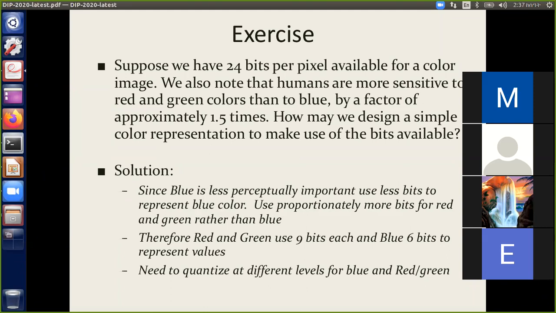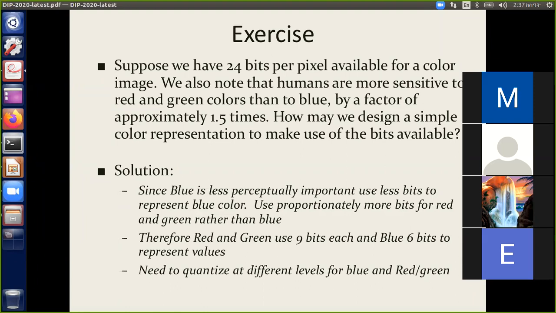Sometimes some of the colors are more applicable than others. Accordingly, we have to adjust our color modeling. Like in this problem, the red color and the green color are more sensitive to human eyes than blue,